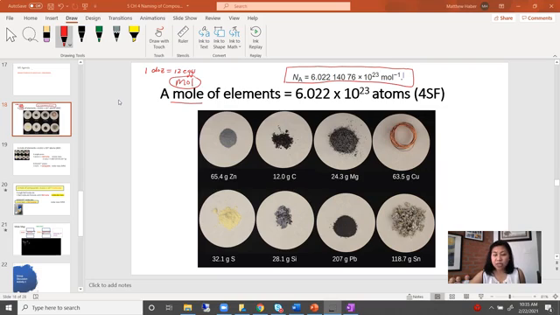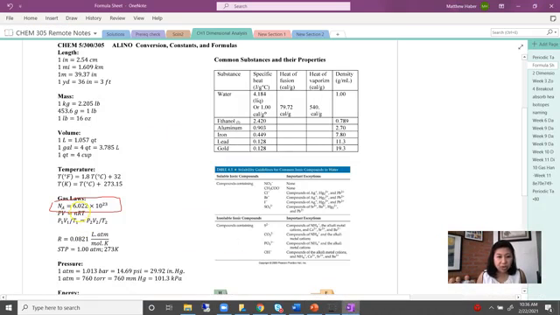So in your formula sheet, I actually chop this number down because it contains a lot of numbers. We just drop the rest of the numbers here and keep just the 4 digits. Okay, so that's 6.022 times 10 to the power of 23. And it's right here on your formula sheet. Okay, so that's what that number means. It means that one collective group of sample, or one mole of sample, contains this many individual particles, 6.022 times